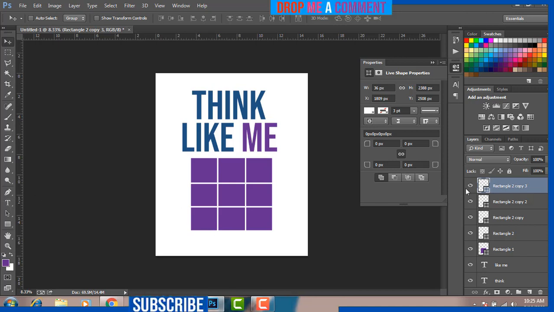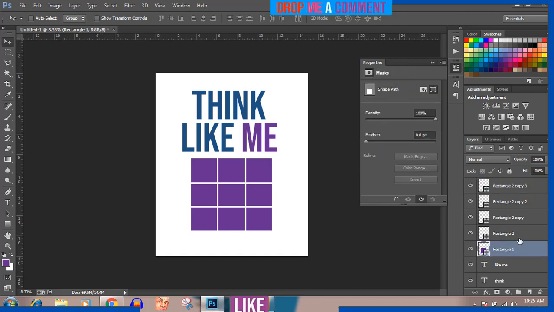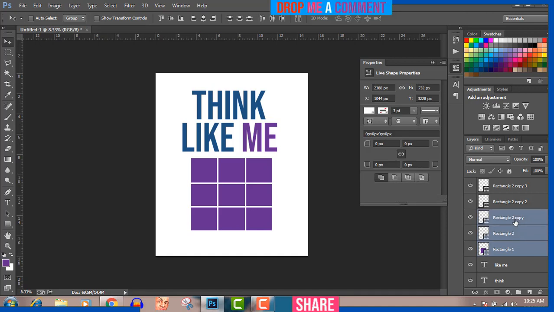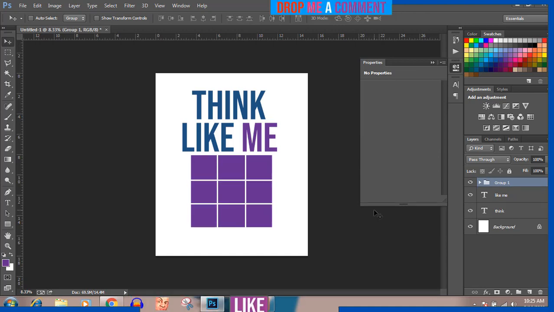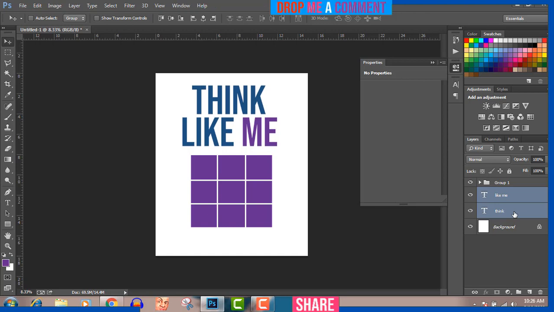So first I'll group this layer, so that I can move it about if I have to. To do that, I'll outline this rectangle, press my Control key, outline this to this, and this. So I'm going to do Control G to put them in one box. So now I can move this up a bit, and I can move my think like me too. I can move it a bit up. So now that I have that all set up,